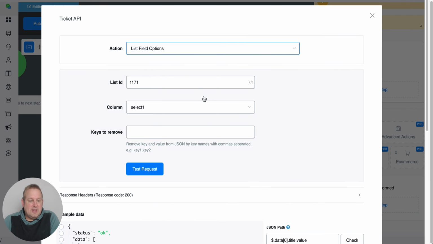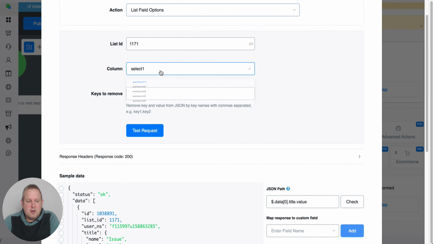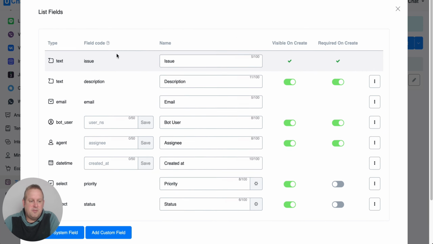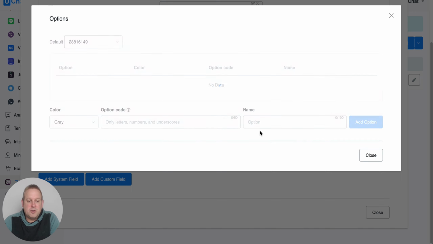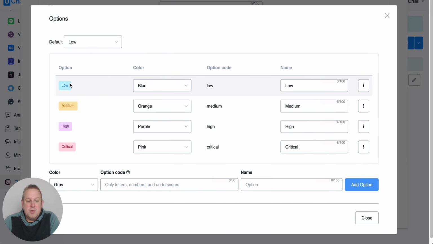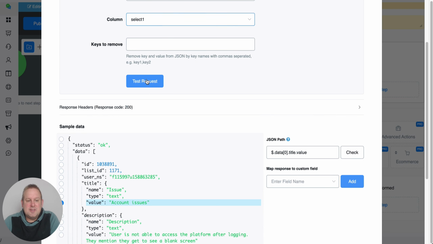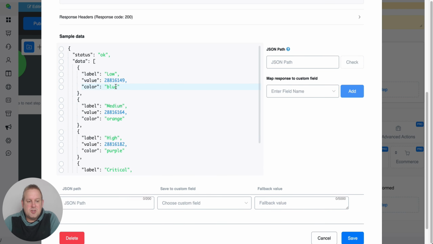We can also say we can list the field options. As you can see here, you can also say select one, right? So select one is basically, if we go back towards the ticket overview, the first selection that you implemented as a field. So in this case, select one will be priority, and the priorities returned should then be matched with low, medium, high, and critical. So if we go back towards this section and say test request, then as you can see, we will get the options low, medium, high,